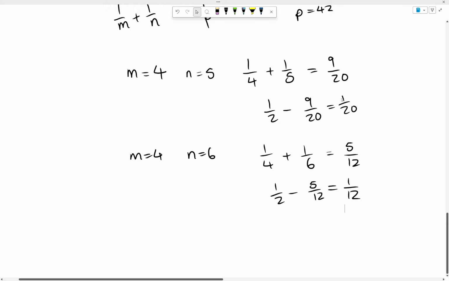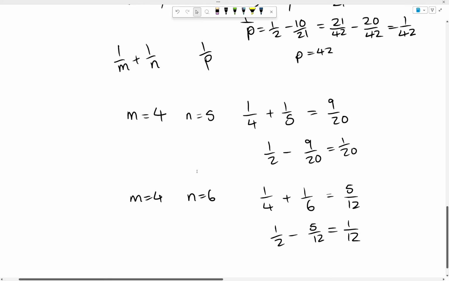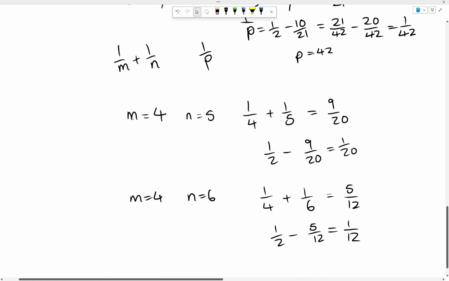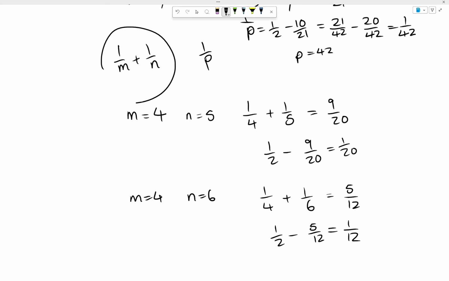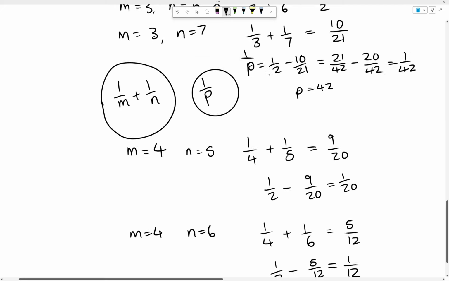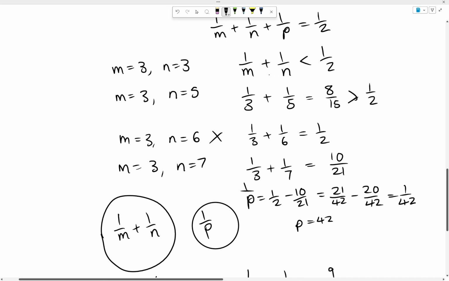I'm noticing that again, as I make n bigger, it's going to make the value of 1 over m plus 1 over n smaller, which is therefore going to make the value of 1 over p bigger, which is therefore going to make the value of p smaller. So as we keep increasing the value of m or n, we're always going to get smaller and smaller values of 1 over m plus 1 over n. It's going to give us bigger values of 1 over p, and therefore smaller values of p. So in fact, the largest value of p is 42,